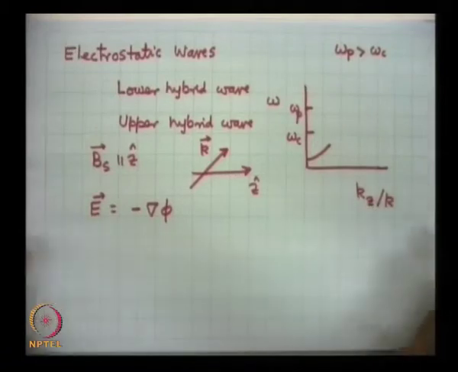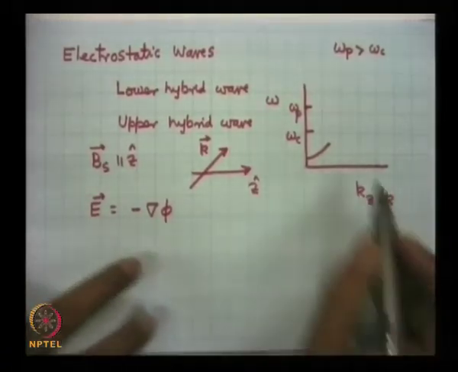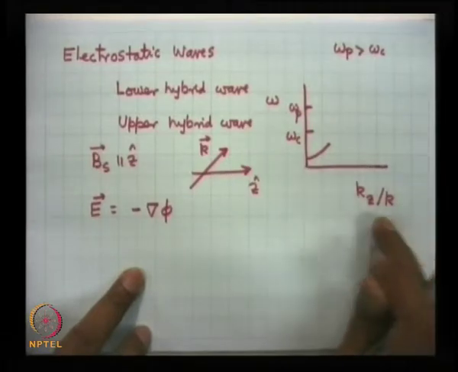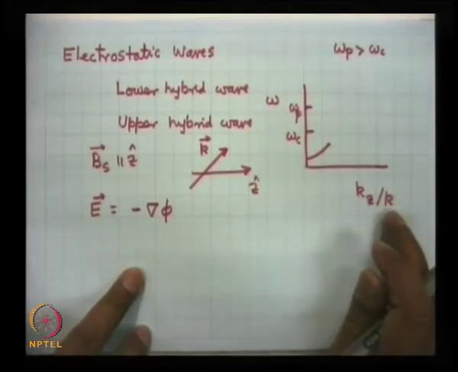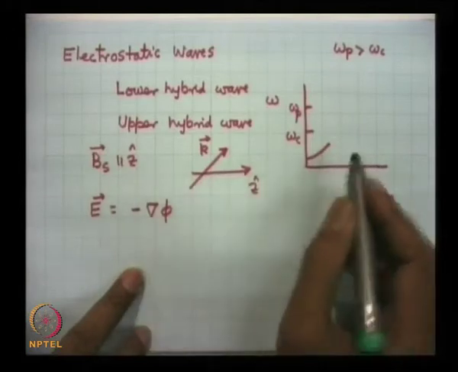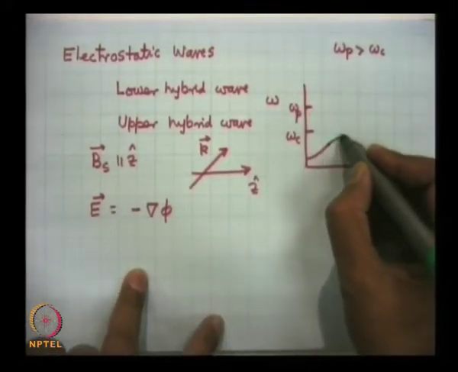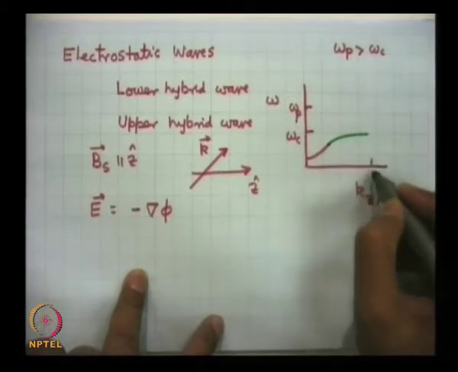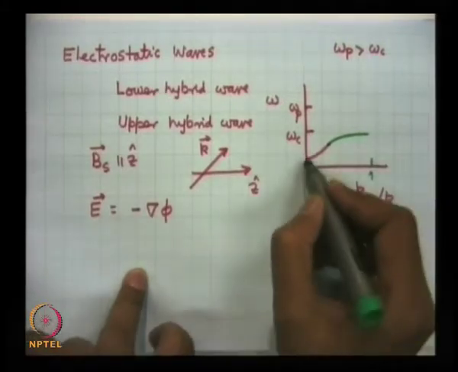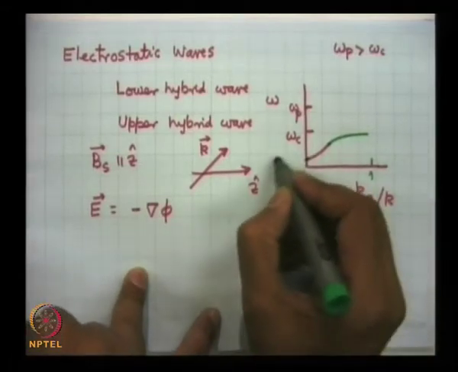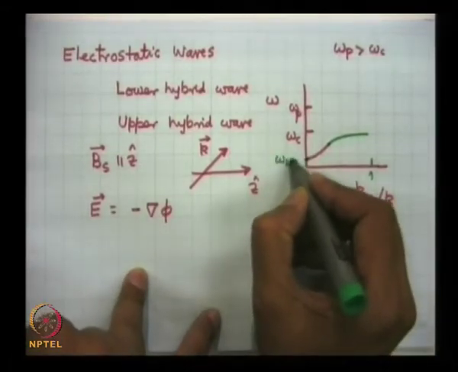At kz equal to 0, these waves have a frequency, well, kz equal to 0 means k is in the perpendicular direction, and this is all right. And this goes from here to here, when this is unity here. So, there is a frequency here which is called the lower hybrid frequency omega LH,